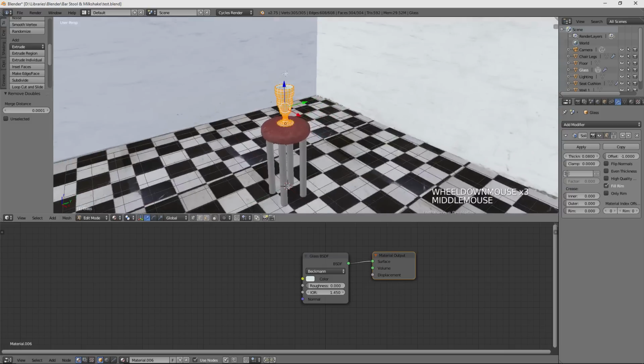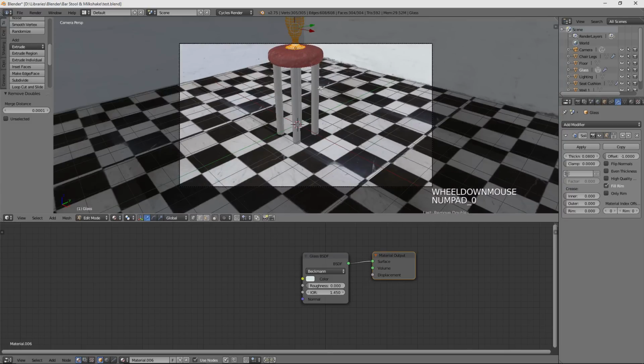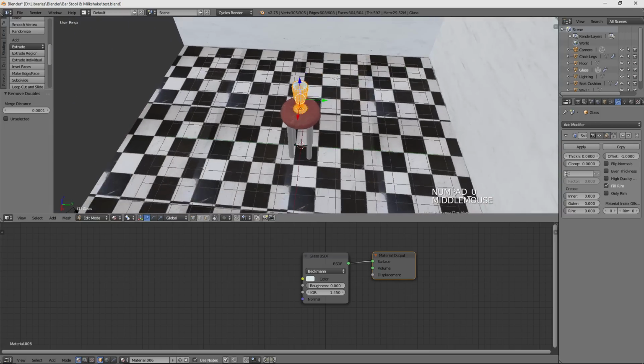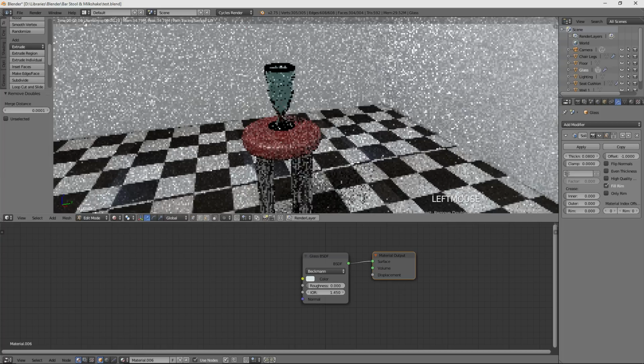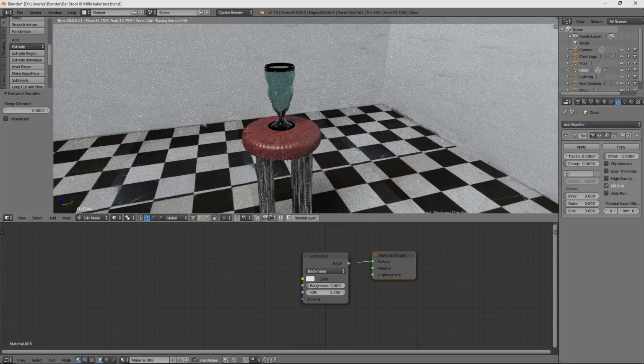Okay, so let's click on a quick preview of our scene. That was the 0 key. My camera's not lined up and I'm not going to play with it right here, so I'm just going to go to rendered. It's probably freezing up on you right now. Once it comes back into play, you should be able to see my glass with a slight bluish tint. I think it looks pretty good. Because of how the light plays and the thickness of the glass on the top and the bottom, those areas do seem darker. There's a dark rim along the top of the glass. That's not anything I put in, it's just the way the material is applied.